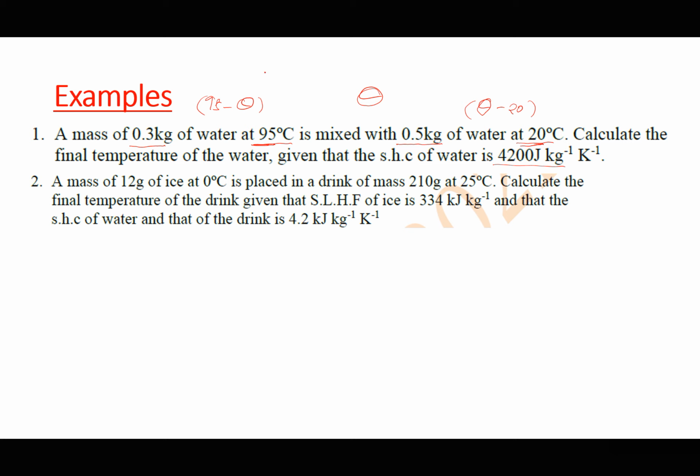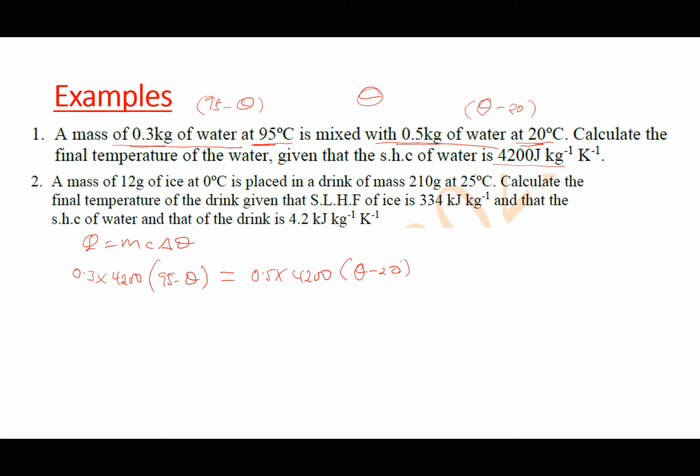of course I know that amount of heat Q is equal to mc delta theta. So I will just do this straight away. The loss in heat by this water will be equal to the gain in heat by the other one. So I will say the mass of 0.3 times its specific heat capacity, which is 4,200, times the change in temperature, which is 95 minus theta, that is the loss, will be equal to what is gained, which is going to be the mass, which is 0.5, specific capacity is 4,200, times the change in temperature, which will be theta